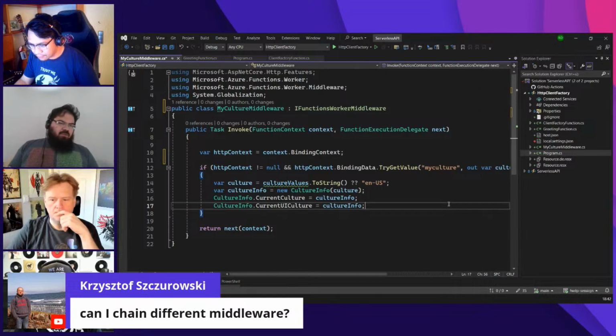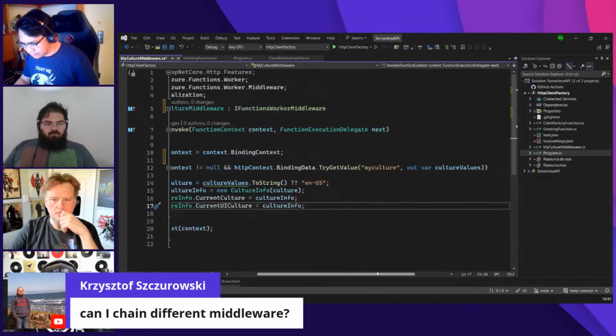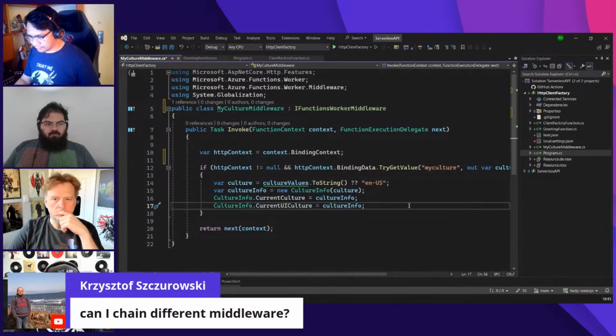Would that be possible, or is this function context different from your HTTP context? This is the function context, so that will not be shared with a web API project, unless, I'm not sure if you can reference this. I didn't try that yet, so I think that's not possible as of the moment. Yeah, it's an implementation of the IFunctionsWorkerMiddleware.